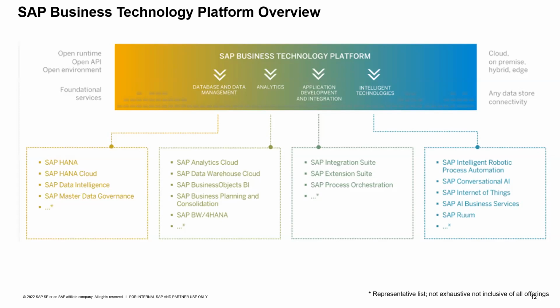The fourth pillar is the intelligent technologies. So we keep up with the evolving technologies using SAP BTP. We can leverage artificial intelligence, robotic process automation, machine learning, IoT, and blockchain to deliver the apps and processes that your organization needs. So we have tools like SAP iRPA, SAP AI Business Services, and SAP Conversational AI that support the artificial intelligence piece of it. And we also have SAP Internet of Things and SAP Edge Services, which support the IoT part of it.